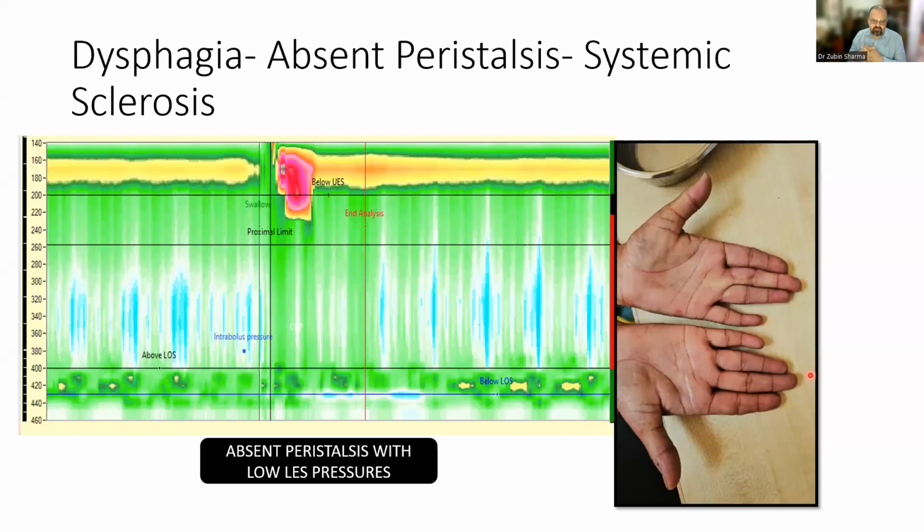This was the case of absent peristalsis. You can see there is no contraction happening in the esophageal body. There is a hypotensive LES, and this looks like a case of scleroderma. And we did a water immersion, ice immersion test, and you can see some areas of partial Raynaud's phenomenon happening and some redness, a bluish tinge on the tips, which gives you the diagnosis of